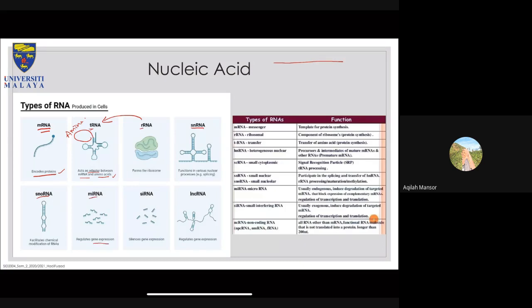It regulates gene expression. So you know that our DNA contains what we call genes or genetic material. This gene encodes for a feature in our body. For example, a gene can be as simple as whether your hair will be straight or curly, whether you have a long nose or an Asian short nose, whether your eyes are big and wide or small and wide.